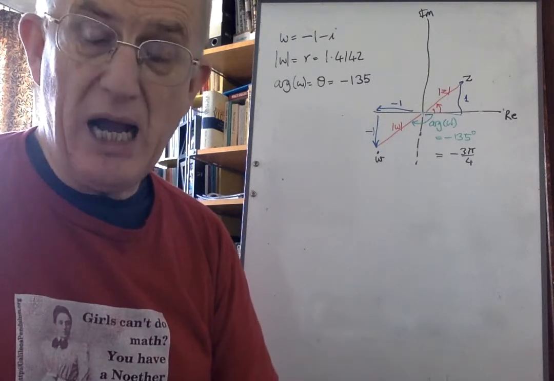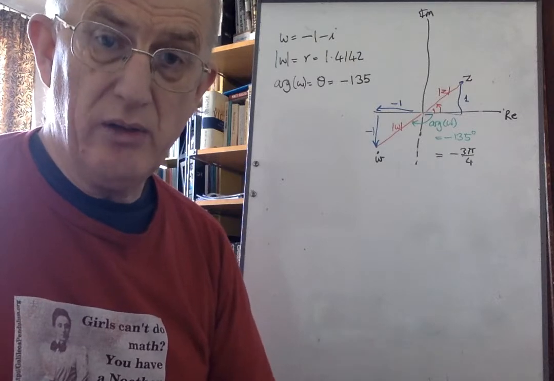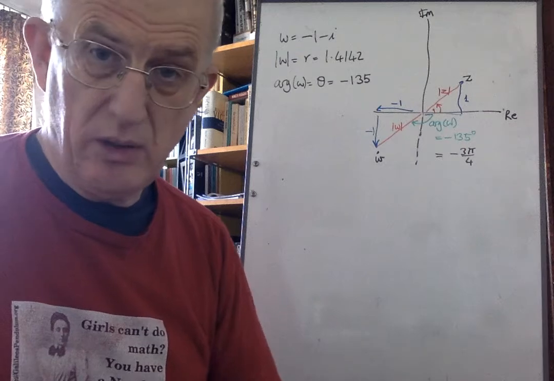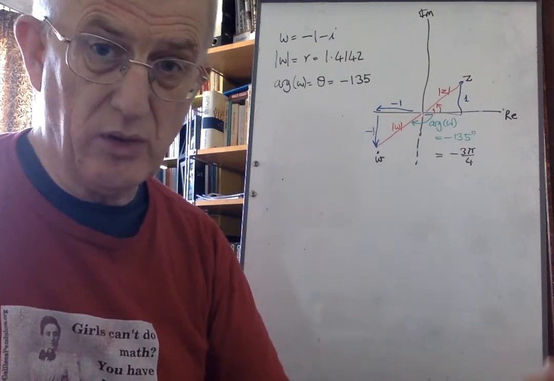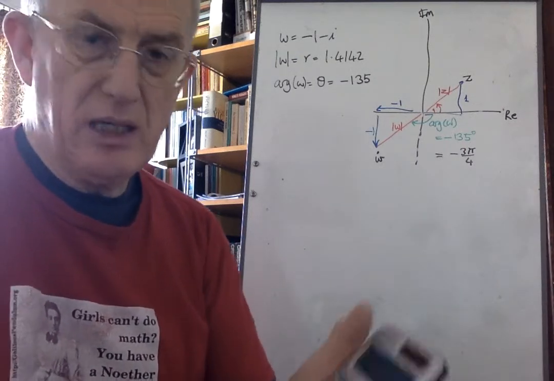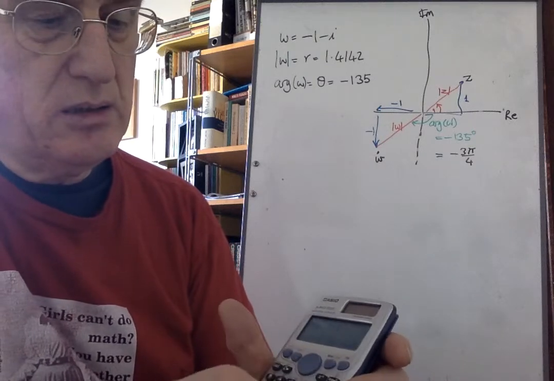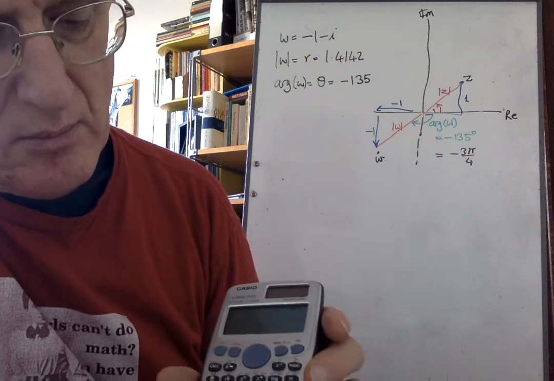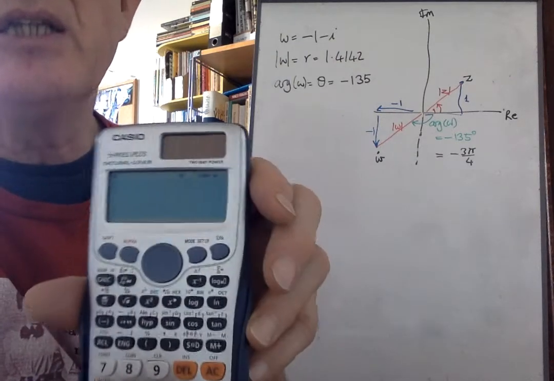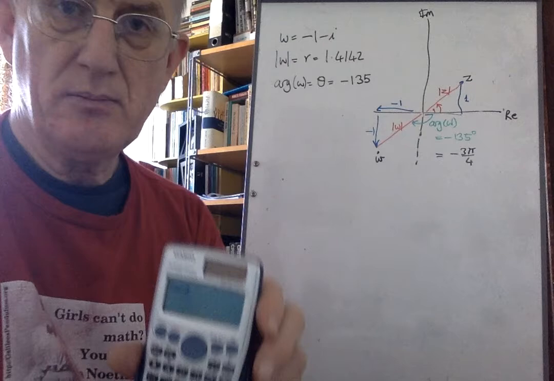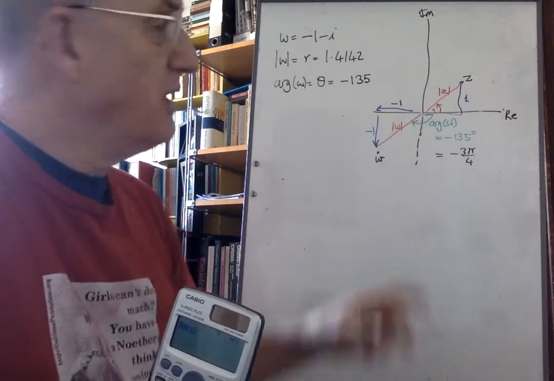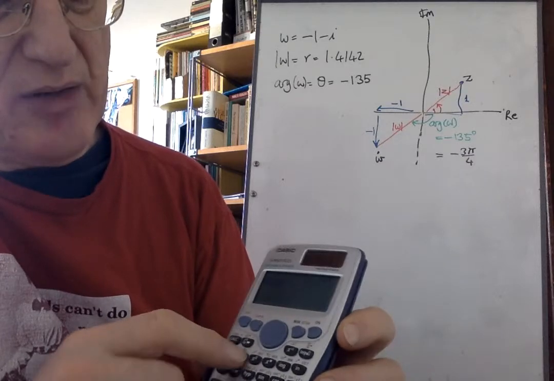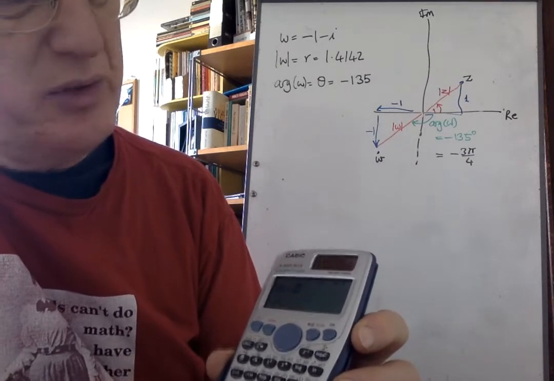There's a way of getting back from modulus argument to x and y coordinates, to across and up coordinates. And that is this key, if I can find it, this key, the shift, which is Rec, for rectangular coordinates. So if I put in, let's test it out, if I put in Rec of √2